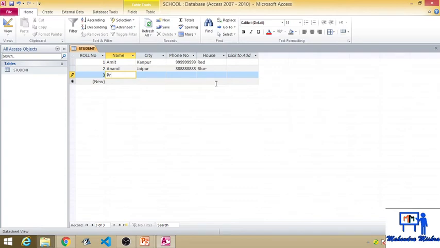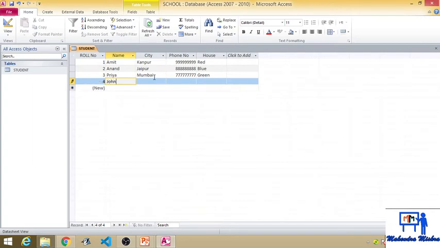After that I give the next name Priya, it is Mumbai, phone number could be anything, and the house is green. Next name you can give John, it is Delhi, number could be anything, and house yellow.